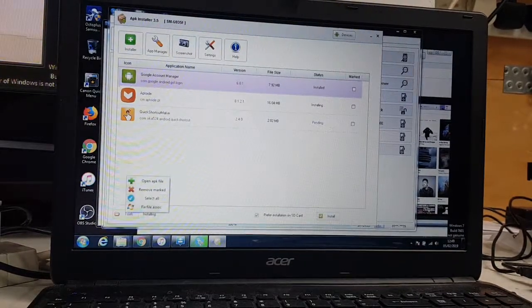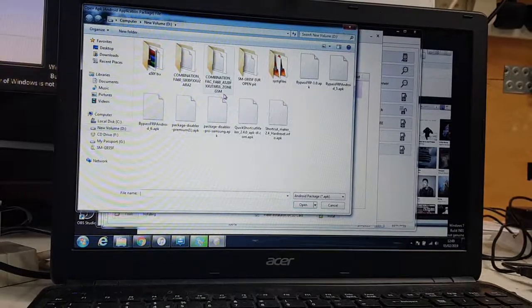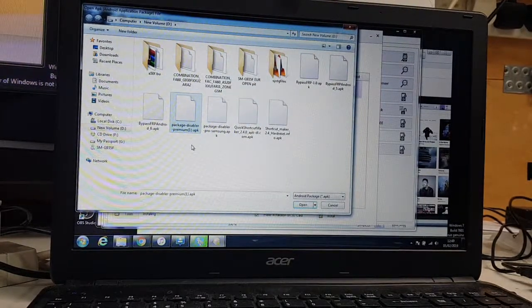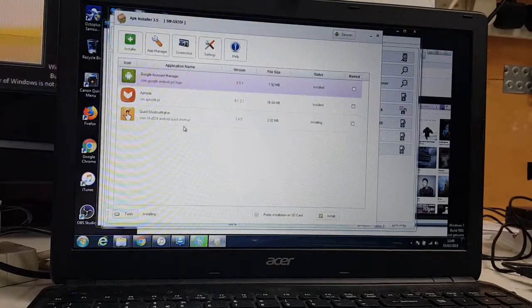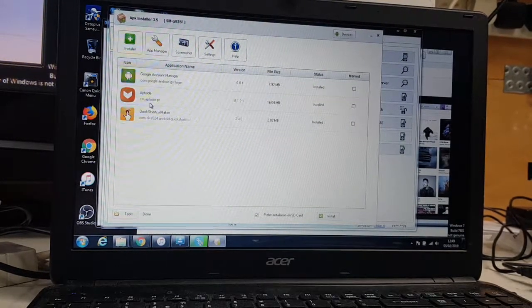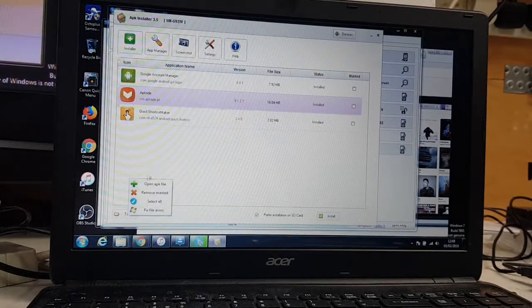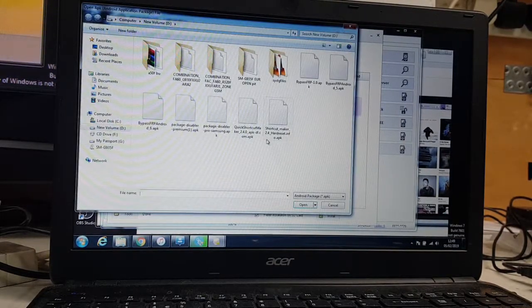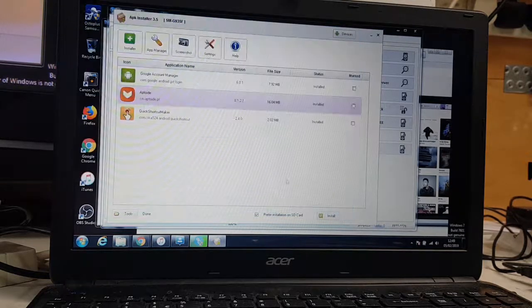I'm not sure if it is here. A combination bypass package disabler. We can get this package disabler as well. It's already installed anyway. Open file, quick shortcut maker, package disabler. Okay, there's like one more file that I wanted, but it's not here. These are the applications that can be installed via the